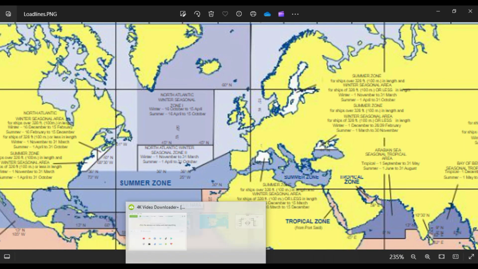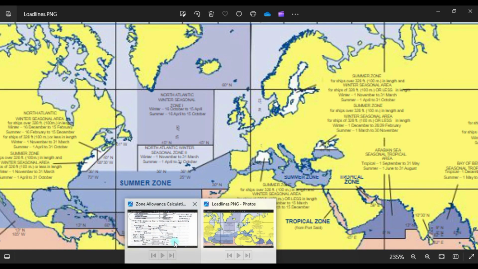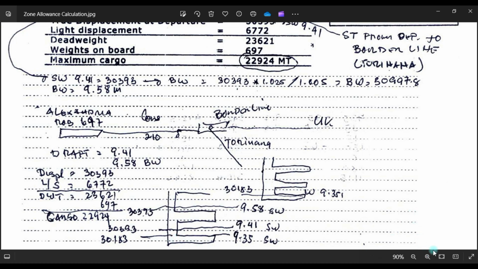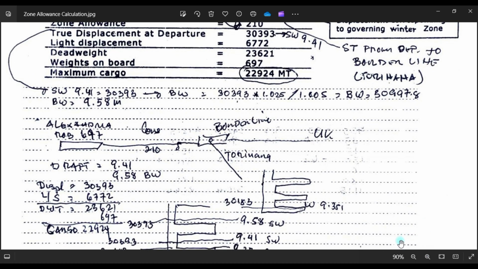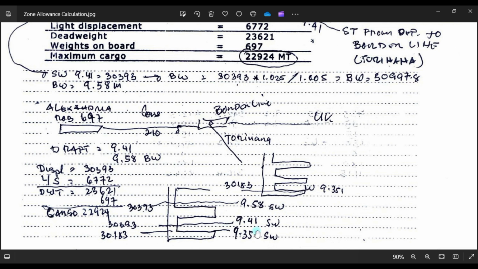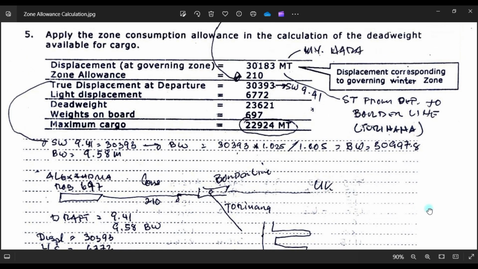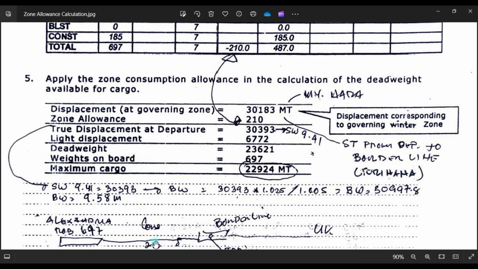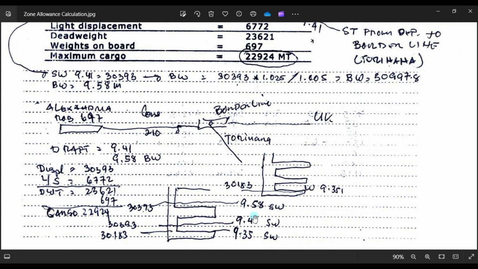Okay, this figure will also show you the load line. So this will be your departure drop of 3.58, which is this one, brackish water departure from Alexandria.